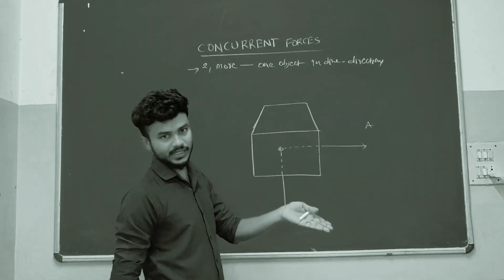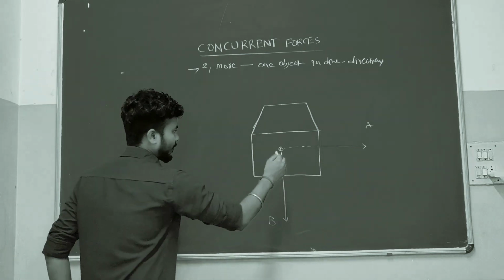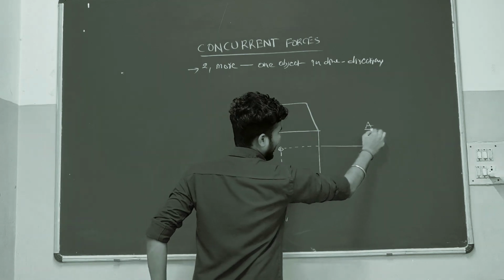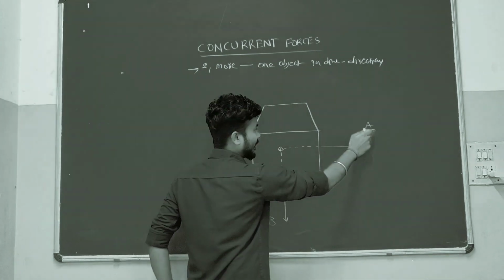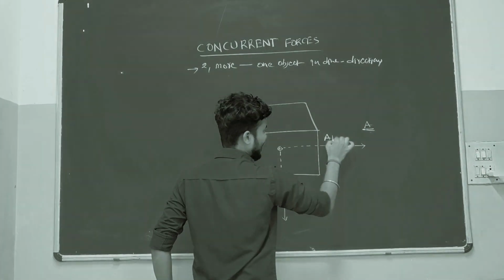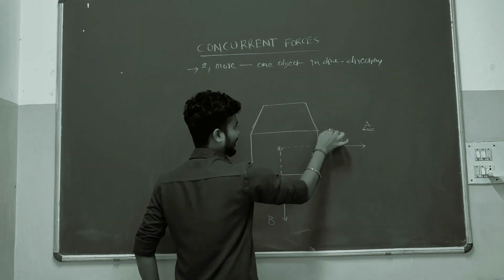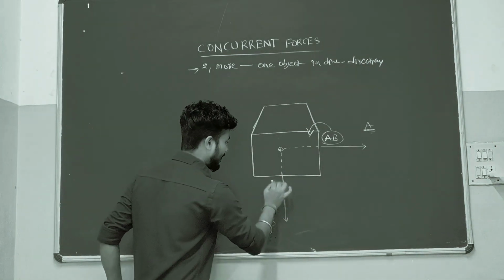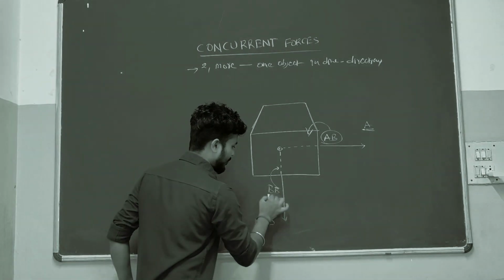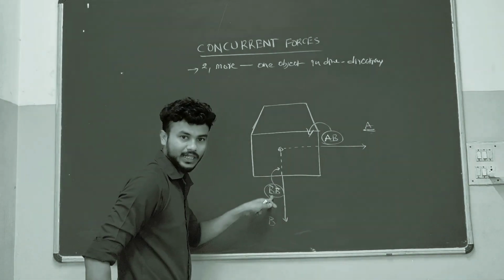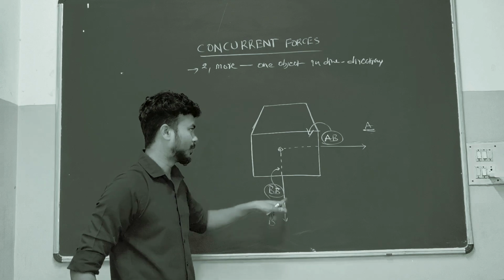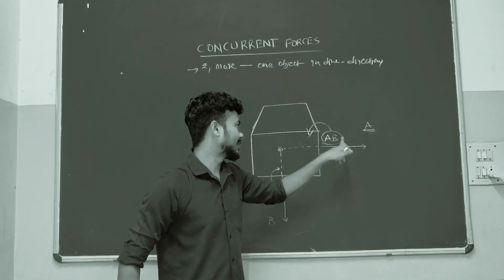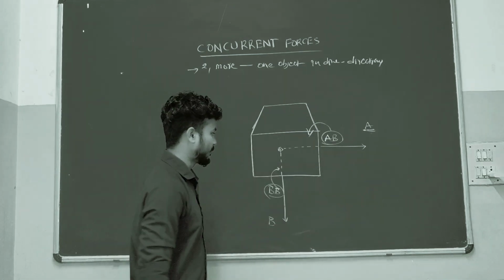Now we will see the polygon method. Suppose this person A on the box is pulling. The force name is A on box. Here is person B on box. He is pulling. This force's name is person B on box, and this force's name is person A on the box.